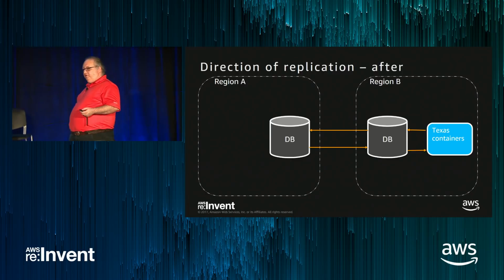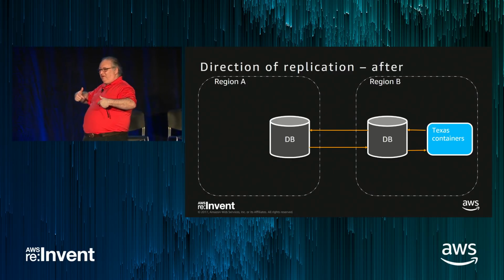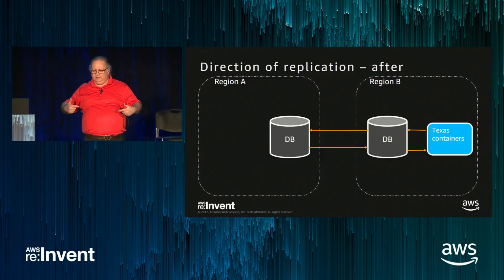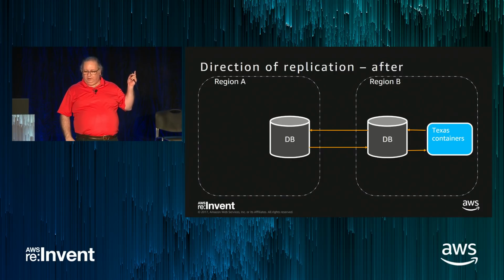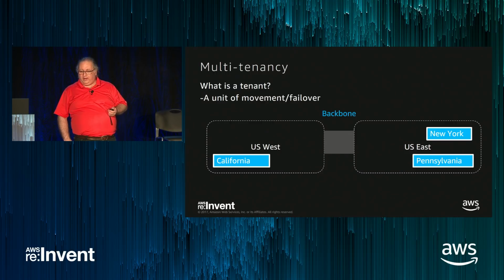But if you create yourself in a world where lots of people are writing into different regions that could collide with each other, you're going to create complexity and failure. So usually you want any given set of users to only be writing to one side with it replicating to the other side. But it becomes active-active because, as we discussed back over here, I've got some users that are active on one end, some users that are active on the other end. So they're active-active at the system level.